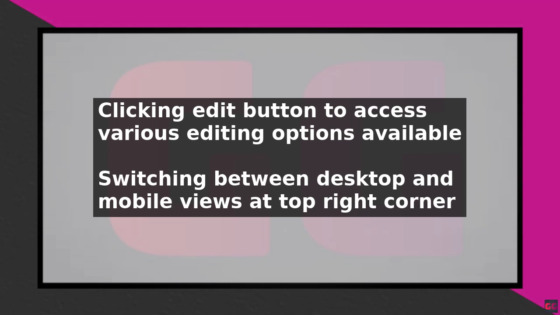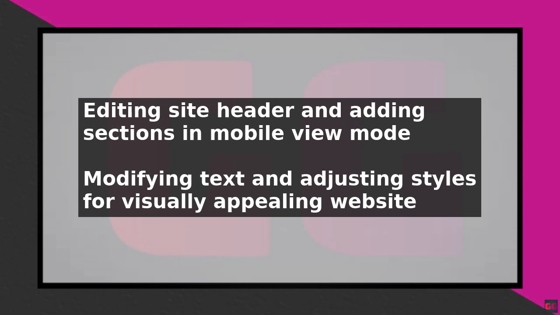This will give you access to various editing options, including editing the site header, adding blocks or text, and more. At the top right, you'll see the option to switch between desktop and mobile views. Selecting the mobile view will allow you to see how your website looks on a mobile device and make any